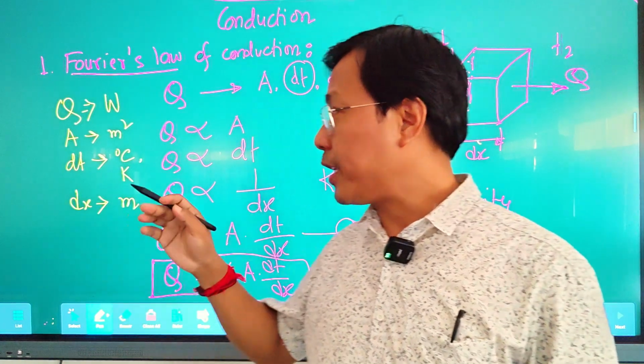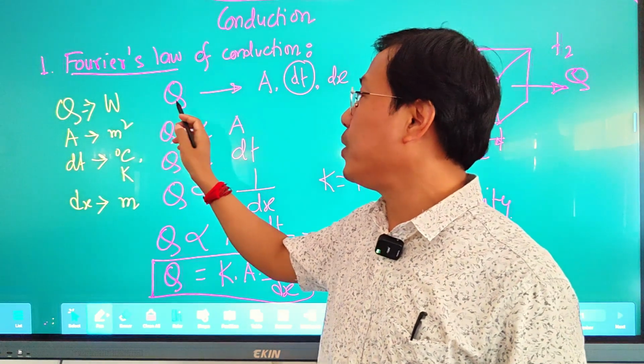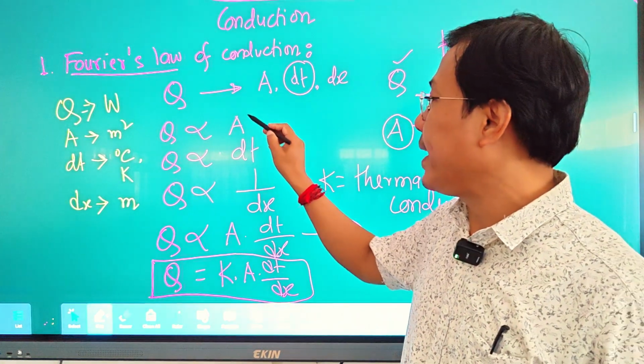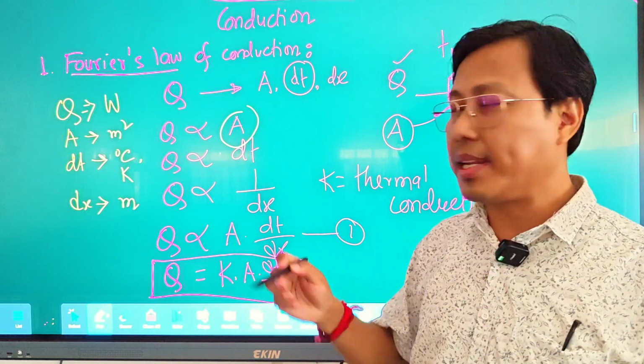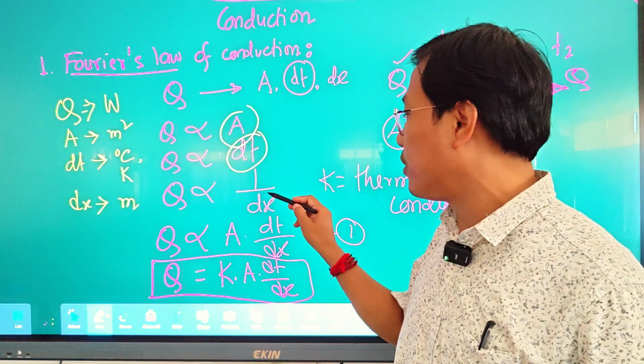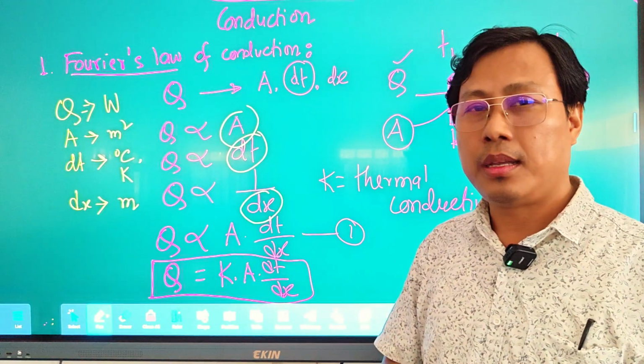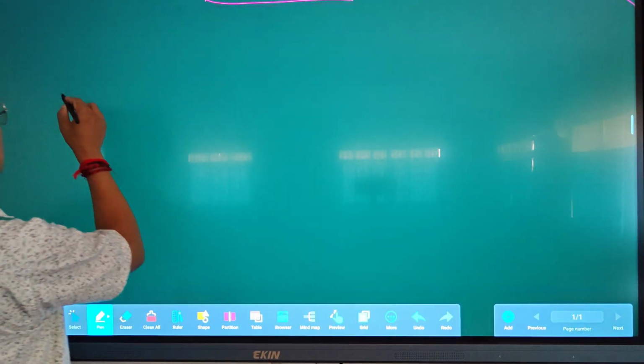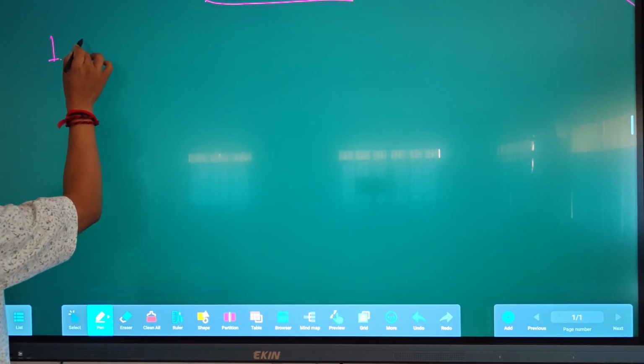Okay, and as per Fourier's law, this Q is directly proportional to the area. It is also directly proportional to the temperature difference, and it is inversely proportional to the thickness of the solid. And there are some assumptions which are made in case of Fourier's law. So now I am writing the assumptions which are made for Fourier's law, and these assumptions are steady state